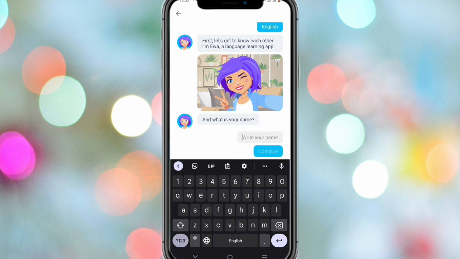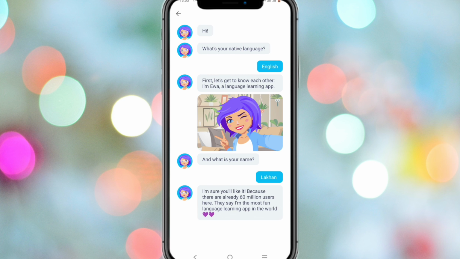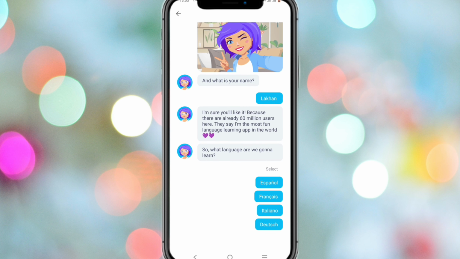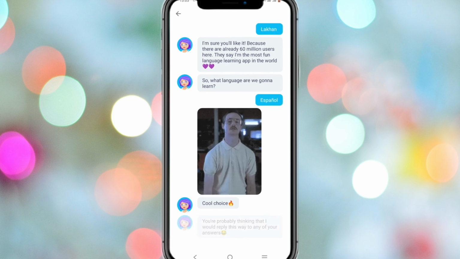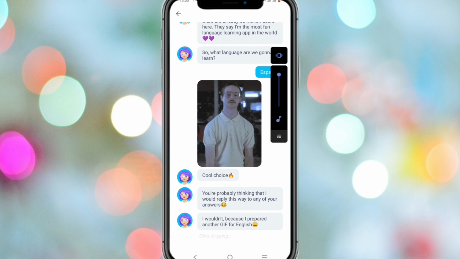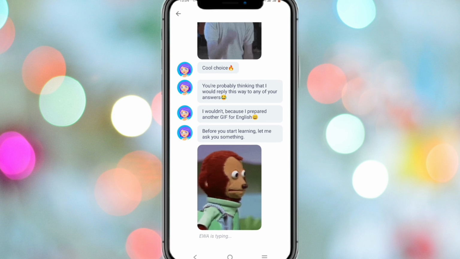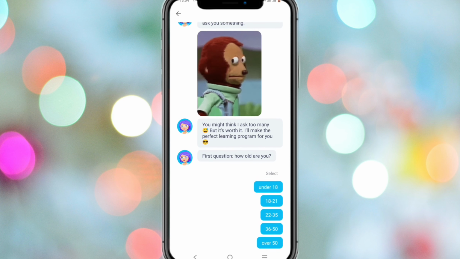What's your name? You can type it here, because this is just an introduction. Whatever name you type, they will address you that way. What language are you going to learn? Suppose you're going to learn Spanish. I'm going to learn Spanish, so they are going to help. Cool. Another thing: how old are you?